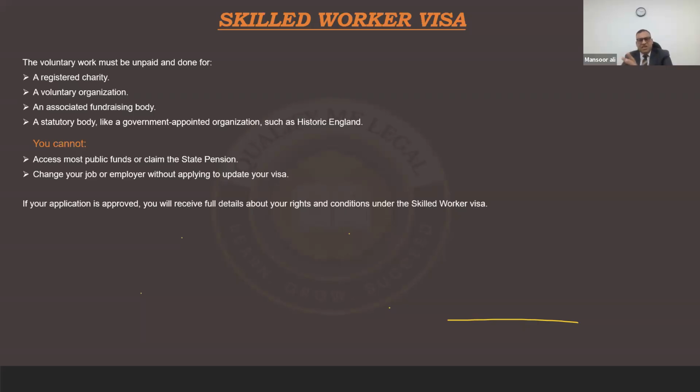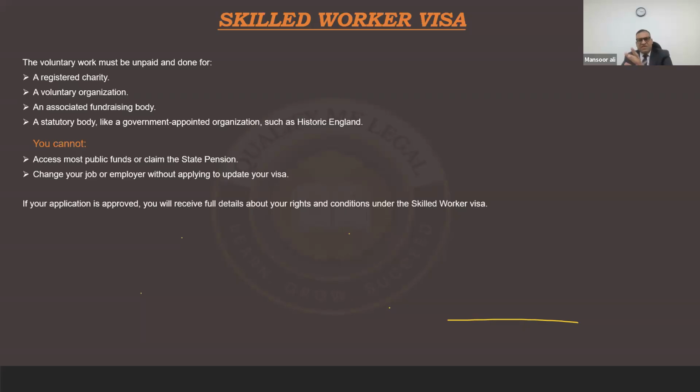You need to double check first of all with Companies House, which is the regulator of companies in this country. If that company is registered there, you can check its past history. How many shareholders are there in that company? How many people are working in that company? Who is a director of that company? You can double check the past tax returns as well. What was the profit ratio of that company? Once you have checked this, thereafter you can check gov.uk, which is the web page of the Home Office. You can check if that specific company is authorized to issue a visa to anyone.